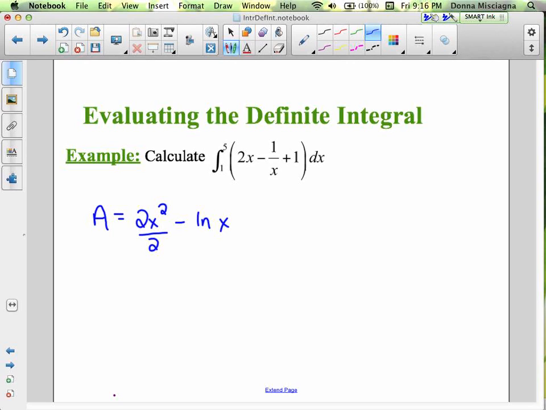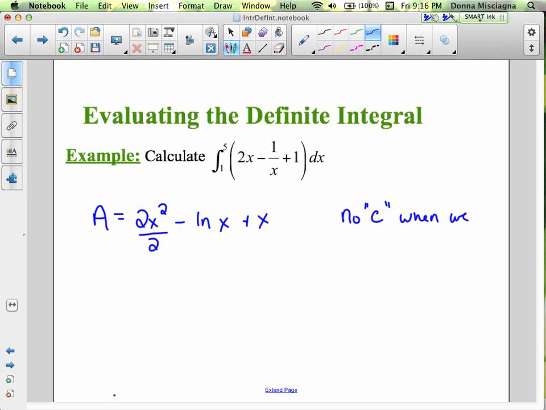Normally we'd put absolute value bars because x has got to be positive. We're evaluating, so really those absolute value bars don't matter because we're plugging specific values in. So I'm not going to even bother to put absolute value bars in. And then this would be plus x. By the way, there is no c